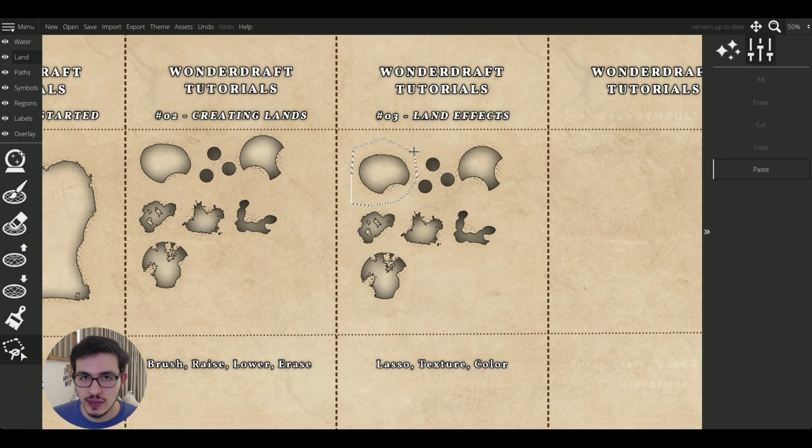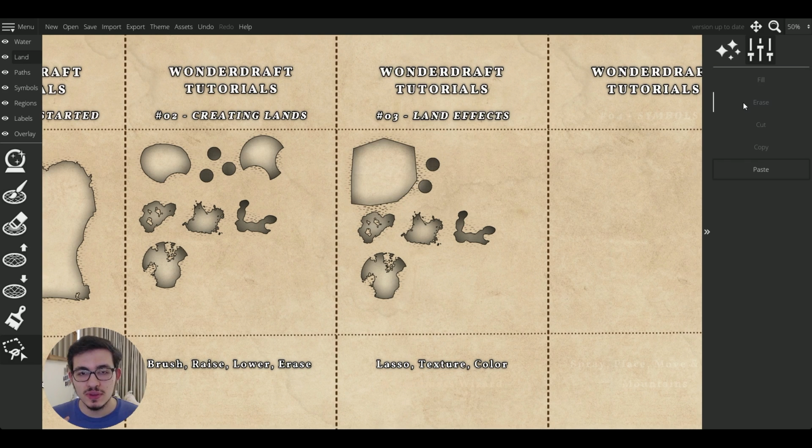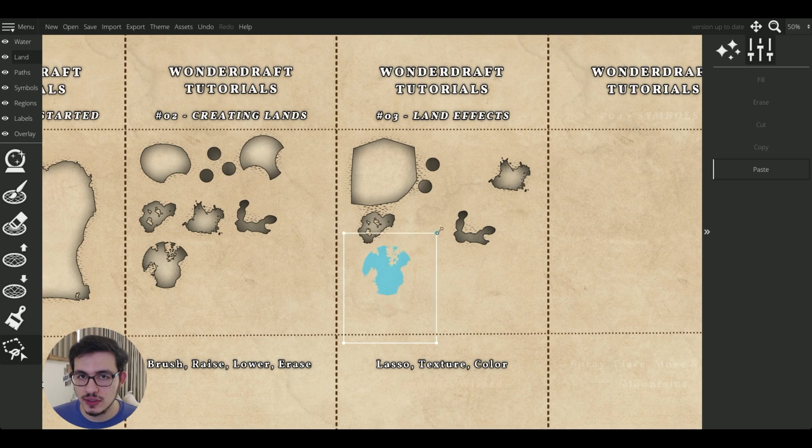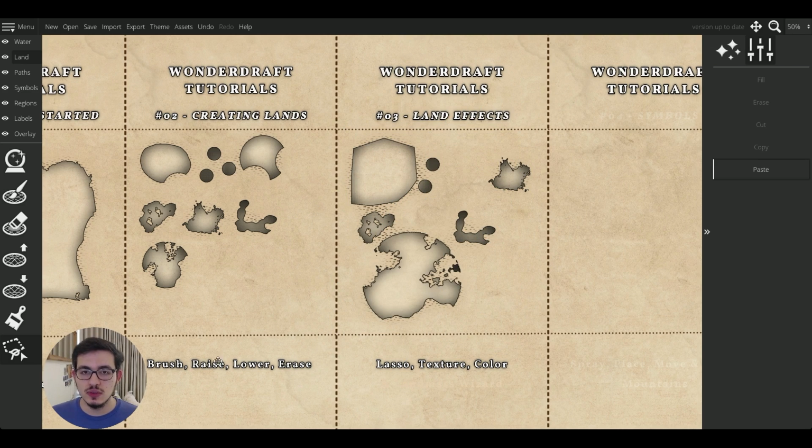I am now choosing another area, pressing fill. This tool is very practical when you need to copy a part of your map to create an inner map or fill out some very big land masses. So for example, let's say I cut this one, paste it, and now I can move it anywhere else. You can click on it one time, let it pick it up, and using these corners, you can resize it or you can rotate it. This is the other tool, Landmass Polygonal tool, that is very practical. And these are the main functions of it. You can cut, erase, fill, copy, resize, rotate.